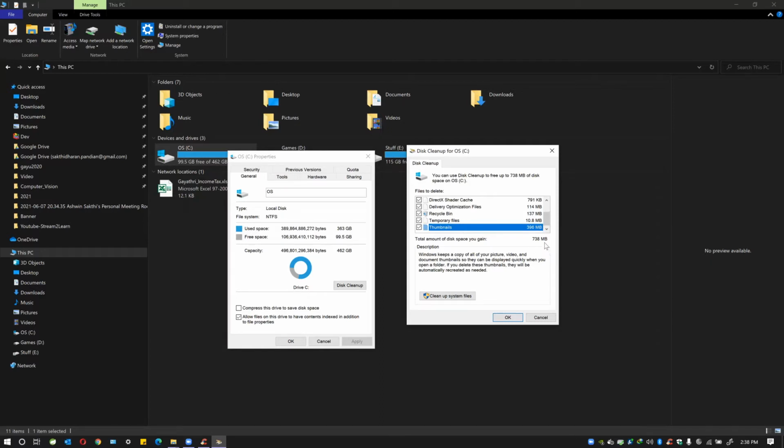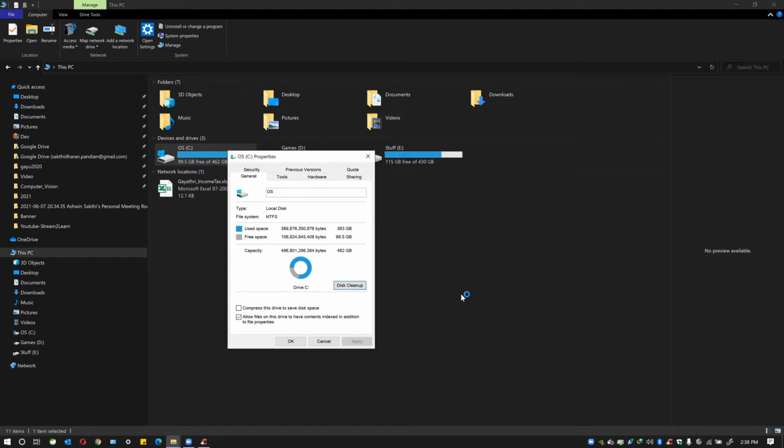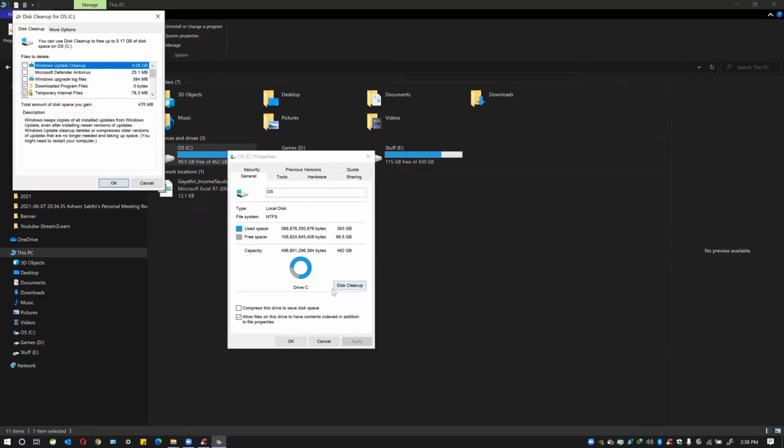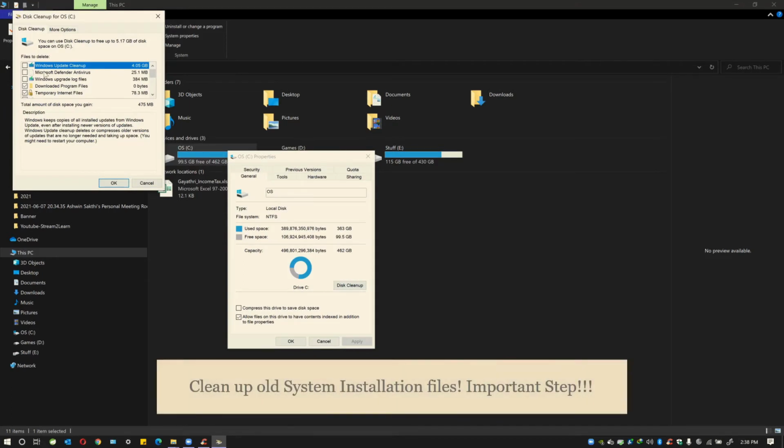Since I've been doing it on a weekly basis, I've got a really small amount to show here. So once I do clean system files, all of it will be cleared and your system should be able to clear up most of the cache or unneeded file space. Yeah. So then, once you click on the clean system files,